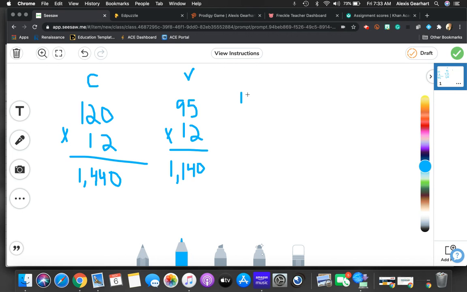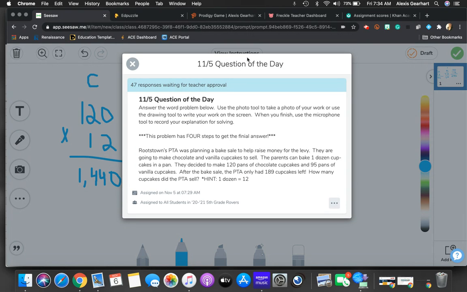So 1,440 plus 1,140 is equal to 2,580. So the PTA made a total of 2,580 cupcakes. So now the next part of the problem is to figure out how many cupcakes they sold, because